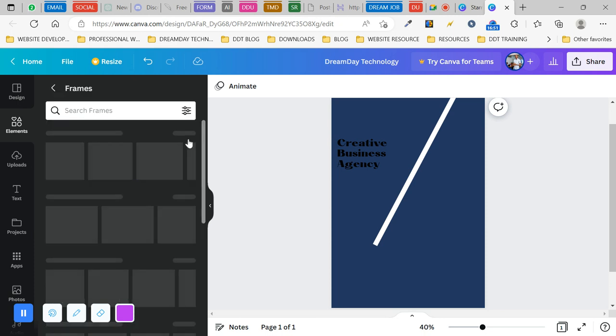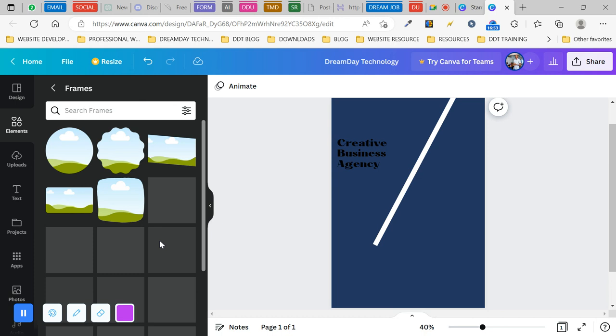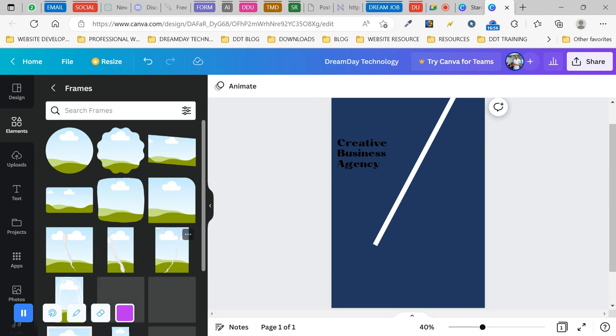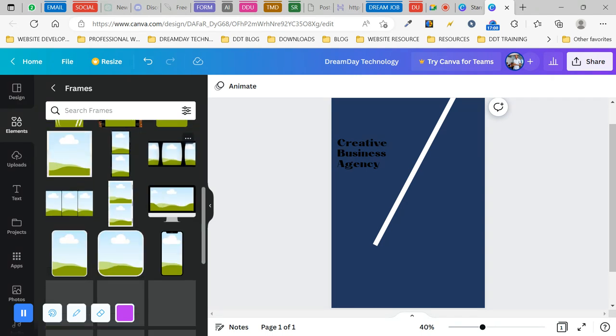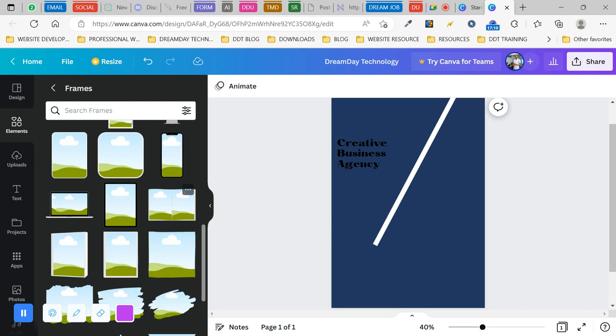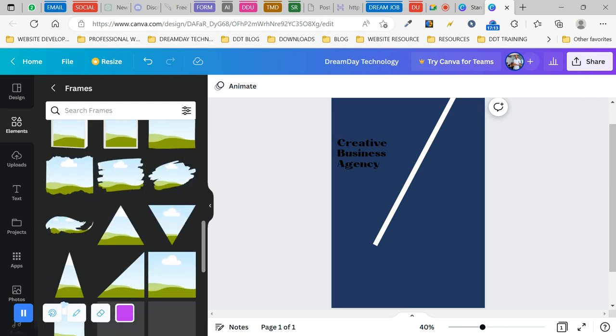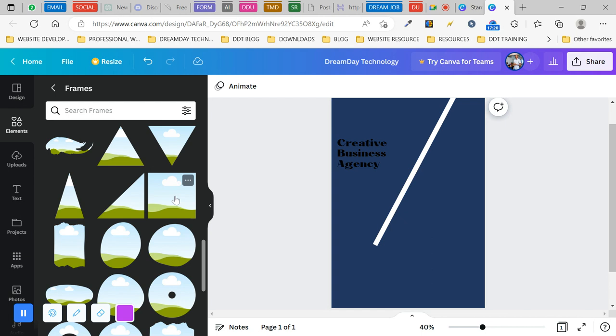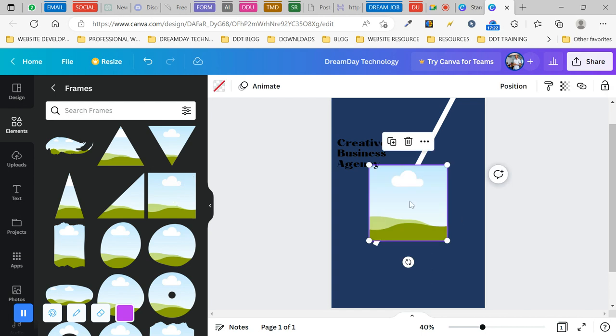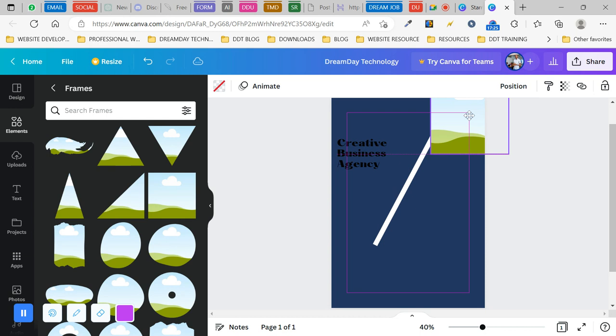We go to frames, and under frames, let's take a look at the different frames that we have here. Let's just use this. We use this frame here,